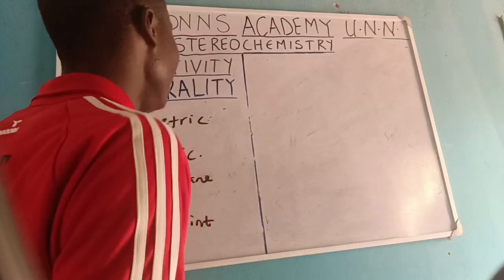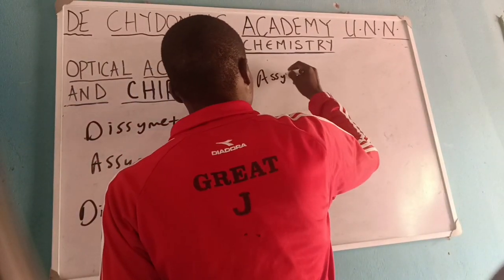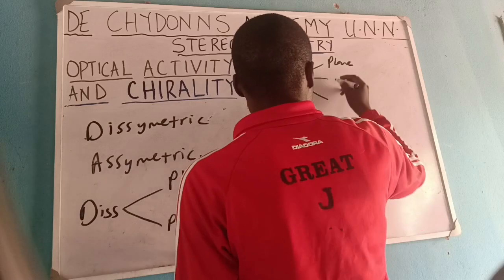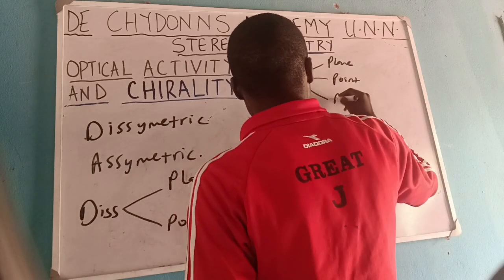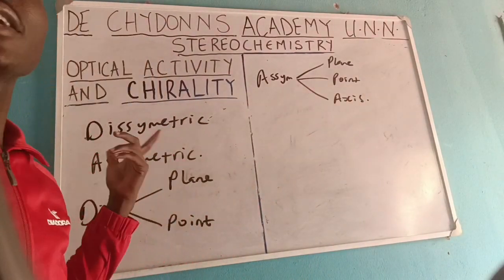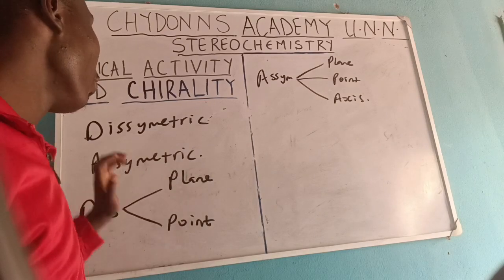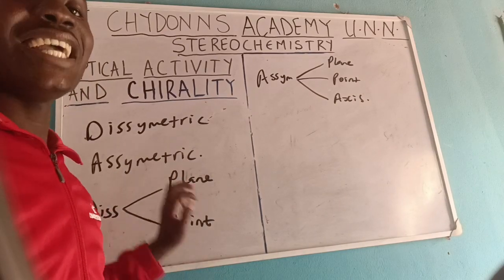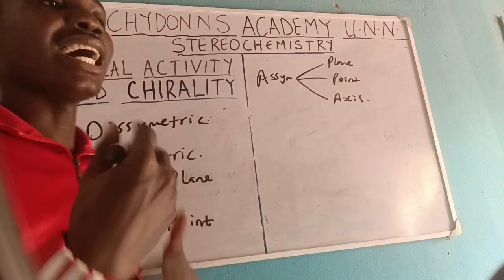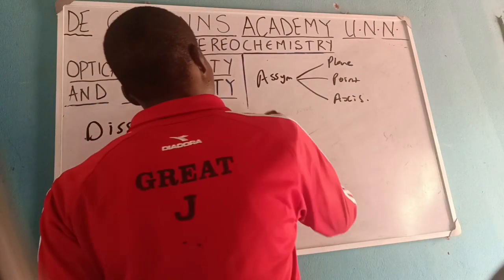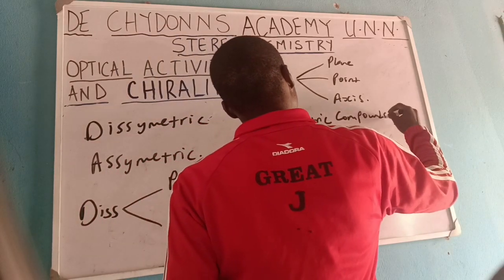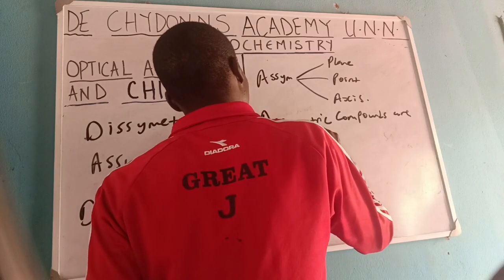But when we talk about asymmetric, it simply means that the compound lacks three elements of symmetry. We have the plane, as we have here, we have the points, and then we have the axis of symmetry. So this one lacks three and this one lacks two. Now, once any compound already lacks a plane of symmetry and points of inversion, it must be chiral. But it does not necessarily need to lack all three of them for it to be chiral. Now, this is what it implies: asymmetric compounds are always chiral,